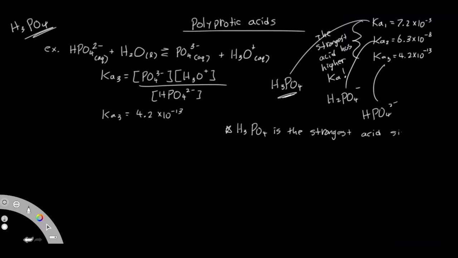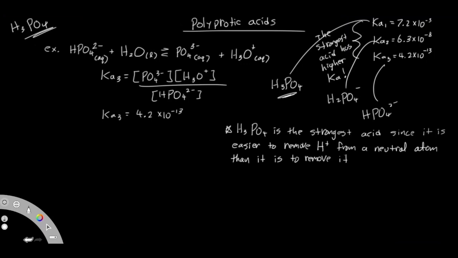Since it is easier to remove H+, our proton, from a neutral atom, obviously that's neutral because there is no charge on it, than it is to remove it from a second or third negative ion. So this here and this here are the negative ions. How is this possible? Well, hopefully you remember from the beginning series when we looked at matter and bonding that